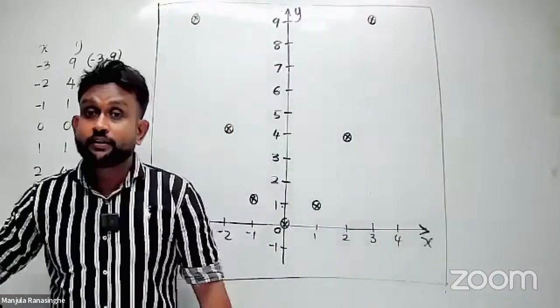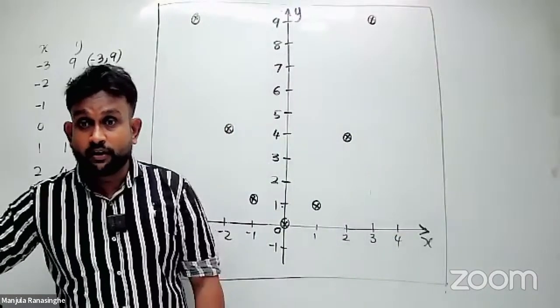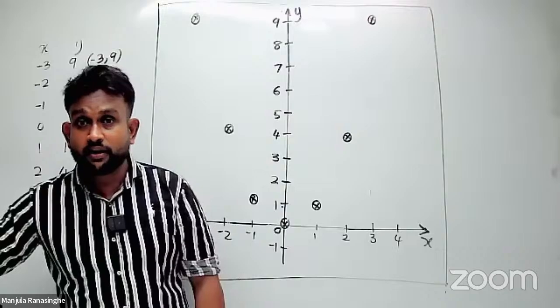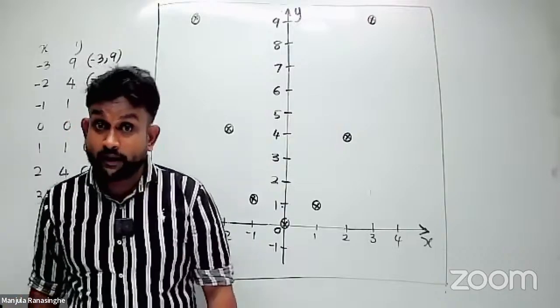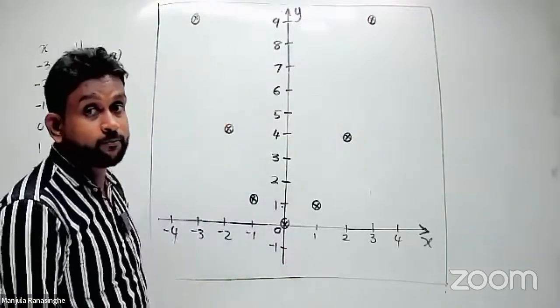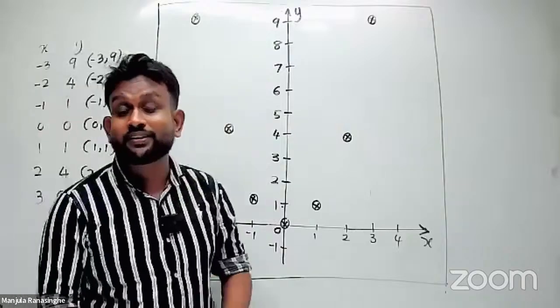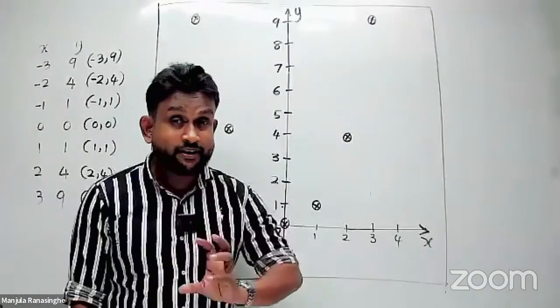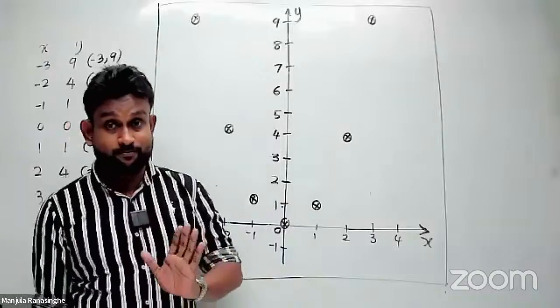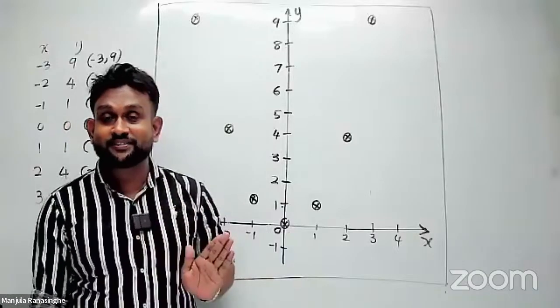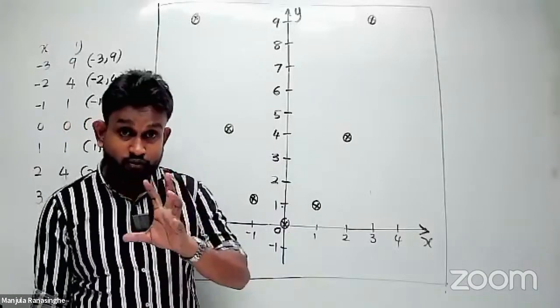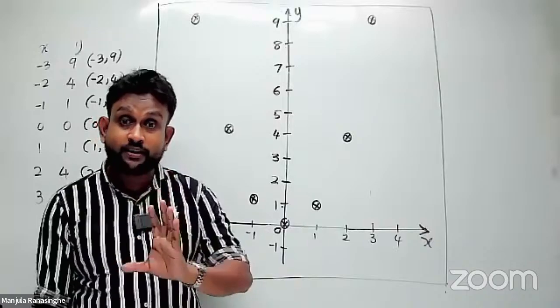Okay, now you can connect these points by freehand. How do you do it? Freehand you can connect, but I give you a trick, though that is not actually the formal instruction, right? But the instruction is you have to do it by